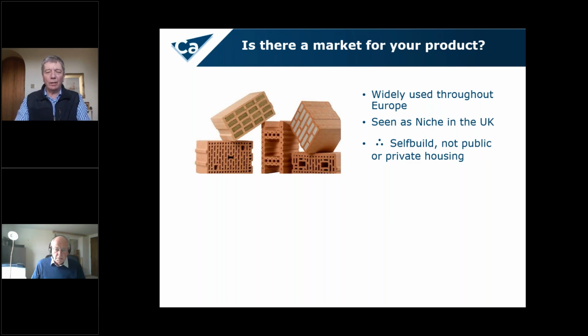The other part of the question is, does that category of product that you are making and supplying exist in the UK? And again, that may seem a strange question, but there are categories that exist, for example, in Europe and elsewhere, that have not yet gained a foothold or been exposed to the UK market. To illustrate this, I've chosen the example of a German sheet material called Fermacell. This was introduced into the UK in around about 1995, and this category of product did not exist within the UK. It's a high-performance building board, and